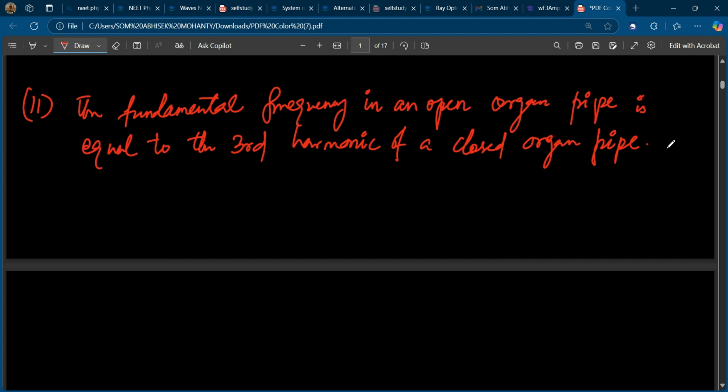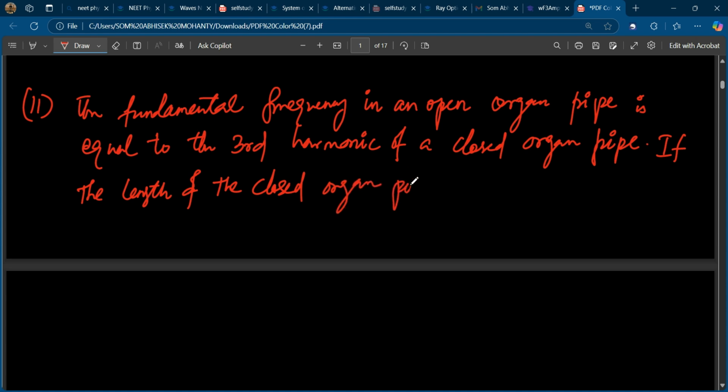If the length of the closed organ pipe is 20 centimeter,